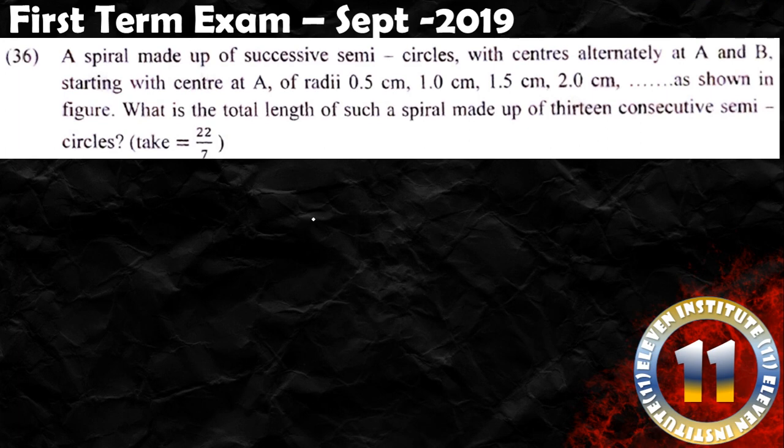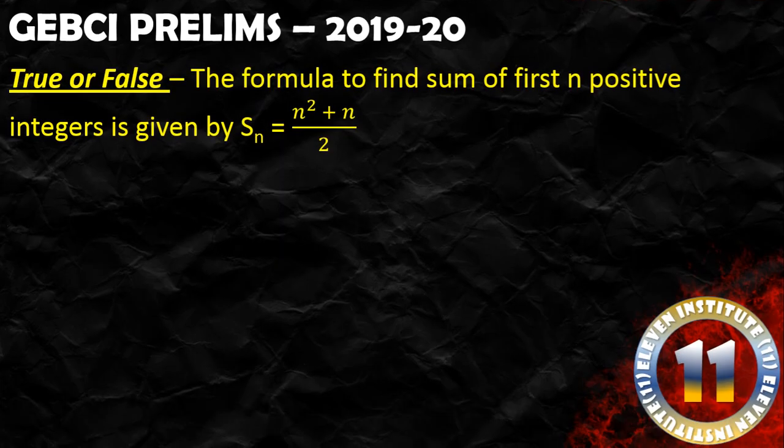There was no option actually. And this was asked in 3 marks or 4 marks I guess, but this is again a textbook question. Exercise 5.3, question number 18. Right? Next, yes, these are the questions asked in prelims. The first one is true or false for 1 mark. The formula to find the sum of first positive n integers is Sn is equal to n square into n plus 2. This is true. We have solved example number 15 I guess, as far as I remember. We have obtained this answer. The sum of first n terms. Right?